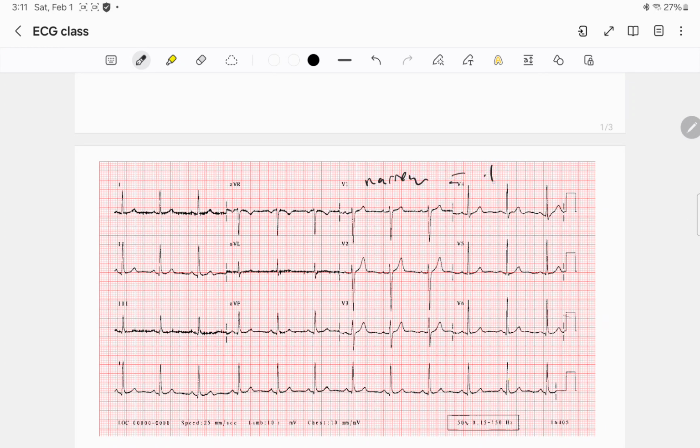is equal to 0.1 seconds, or, well, less than or equal to, which is the same as 2.5 small boxes. Prolonged is greater than 0.1 but less than 0.12, which is greater than 2.5 but less than 3. Okay, and then wide is greater than or equal to 0.12 seconds. All of this is seconds, which is the same as,